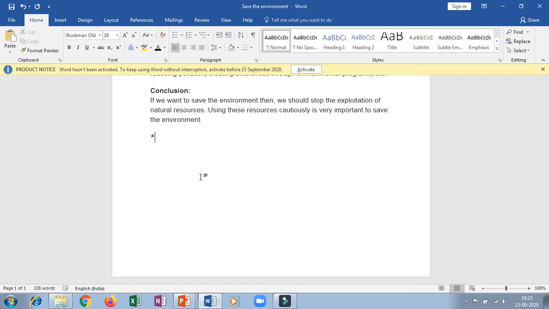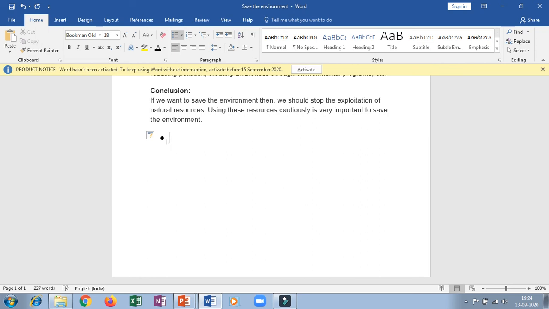How I got the asterisk mark, again I will tell you. You have to press the shift key and number 8 key. After that you will press the space bar or tab key. As I press the space bar, the bulleted list has started. So you can type. We will type with the shortcut keys.